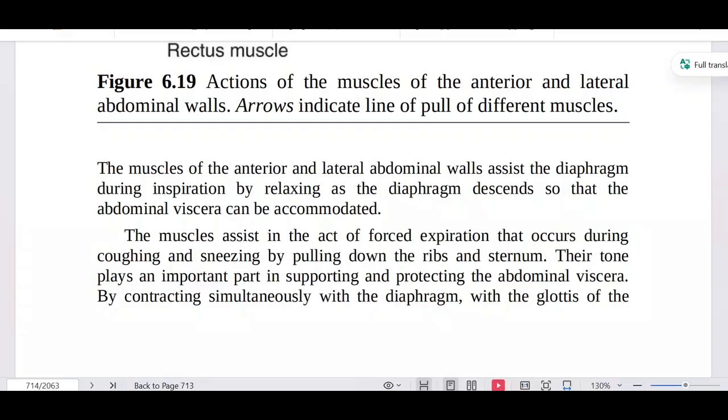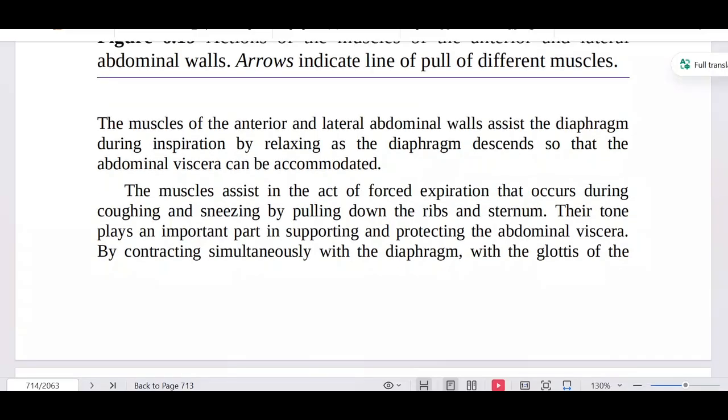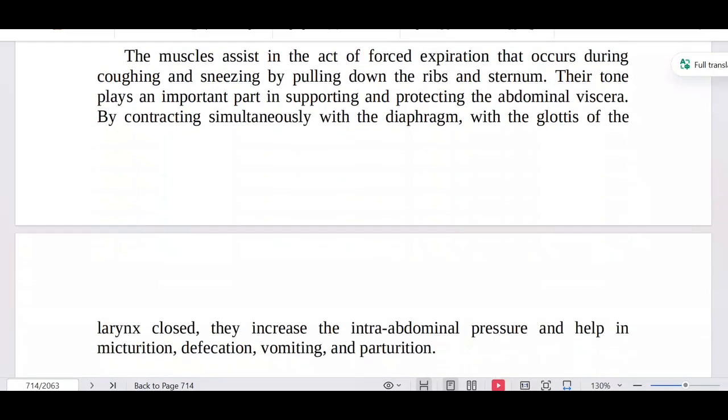Okay. Now another point is that their tone plays an important part in supporting and protecting the abdominal viscera. All the muscles play this role, and by contracting simultaneously with the diaphragm, with the glottis of the larynx closed, that means when you are not breathing, when your larynx is closed, and there is a contraction of the abdominal muscles, then there is going to be an increase in the intra-abdominal pressure, and when the expiration is not happening, that increase in the intra-abdominal pressure when the larynx is closed is going to help or assist in micturition, defecation, vomiting and parturition,